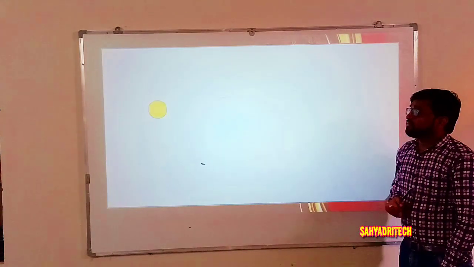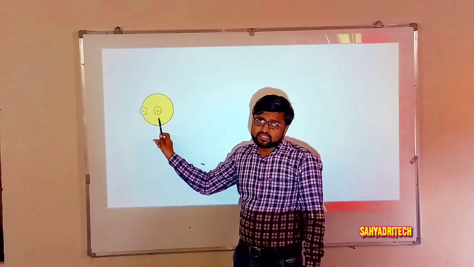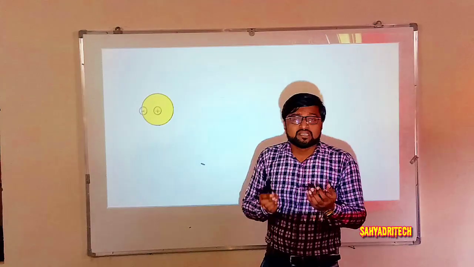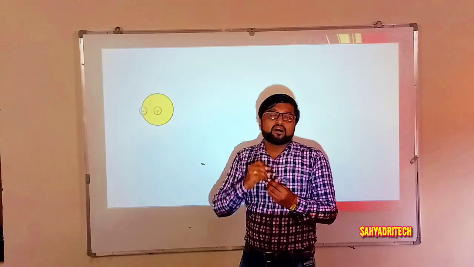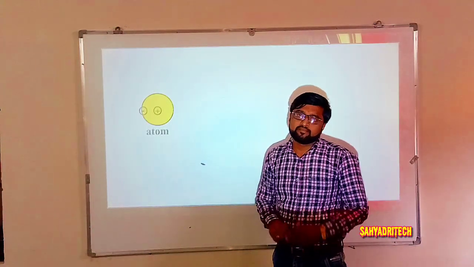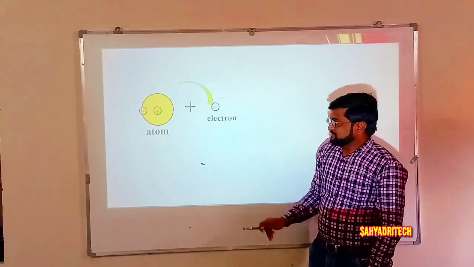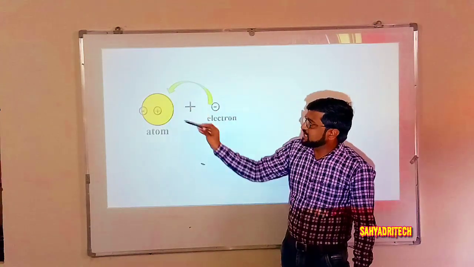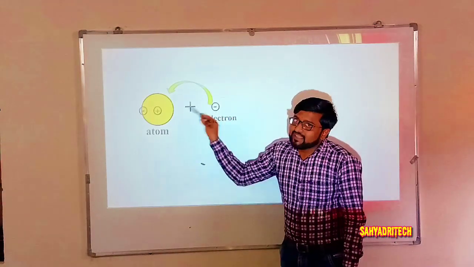Okay, then consider again an atom. So atoms are neutral in nature, so equal number of positive and negative charges. Okay, the number of protons present in the nucleus will be equal to the number of electrons revolving around the nucleus. So the atom as a whole is electrically neutral. Now for an atom, if you add an electron, okay, now what we are doing, we have taken an atom and now we are adding one electron to the atom. So addition. So we are adding an electron.